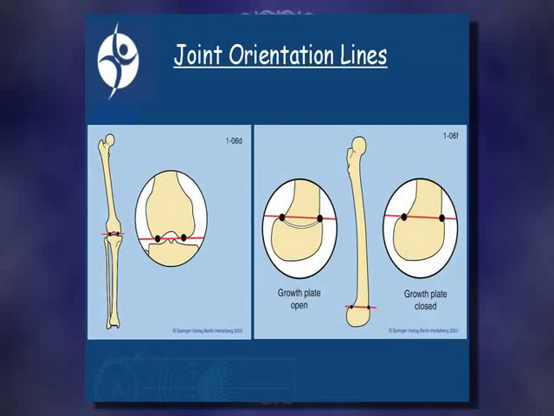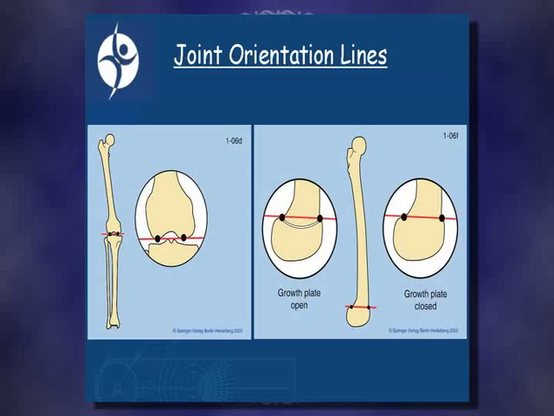On the distal femur, it's even easier. You just take the tips of the femoral condyles on the AP view. On the lateral view, it's a little bit trickier because you don't see the knee as easily on the lateral as you do in the tibia, the distal femur rather. So on a child, you can pretty much go from tip of growth plate to tip of growth plate. On the adult, you can see on the x-ray the edge of the joint from front to back. That's a little bit of a soft line,